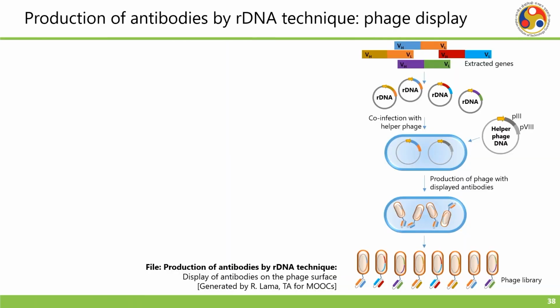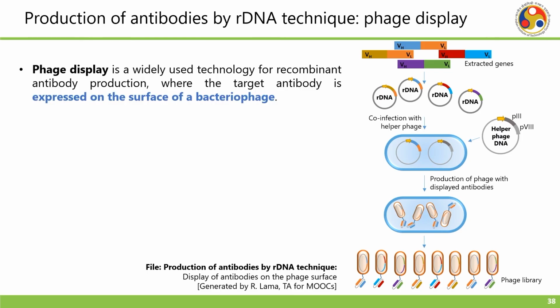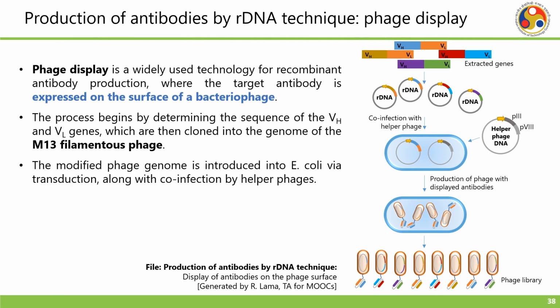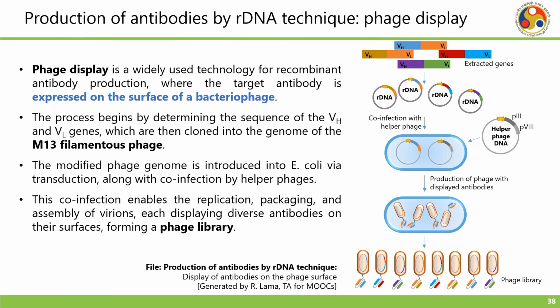Let us discuss the production of antibodies by rDNA technique, the phage display method. So, phage display is a widely used technology for recombinant antibody production, where the target antibody is expressed on the surface of a bacteriophage. The process begins by determining the sequence of the VH and VL genes, which are then cloned into the genome of the M13 filamentous phage. The modified phage genome is introduced into E. coli via transduction along with co-infection by helper phages. This co-infection enables the replication, packaging and assembly of virions, each displaying diverse antibodies on their surfaces, forming a phage